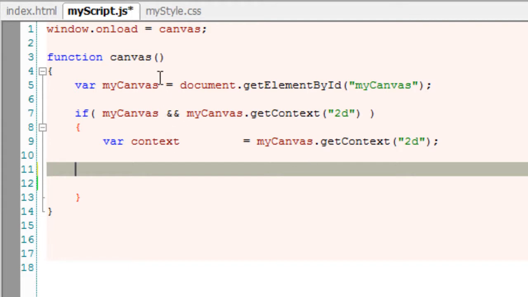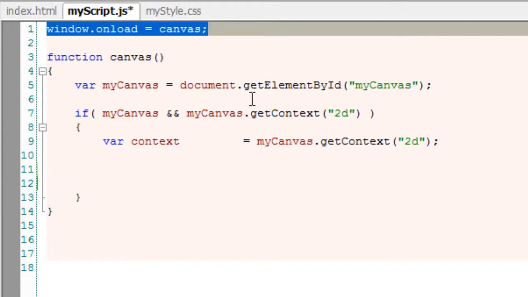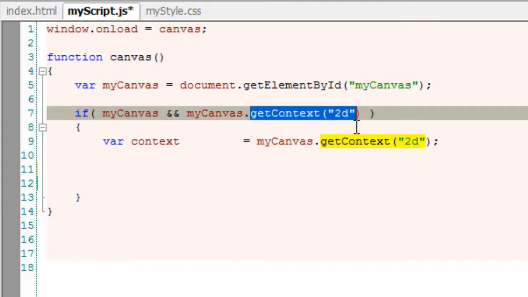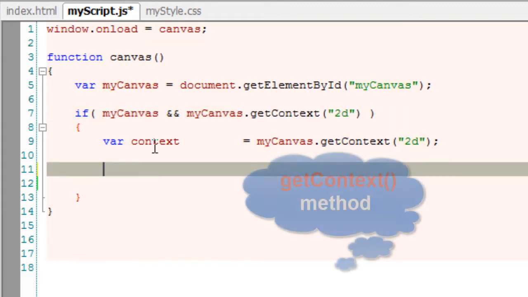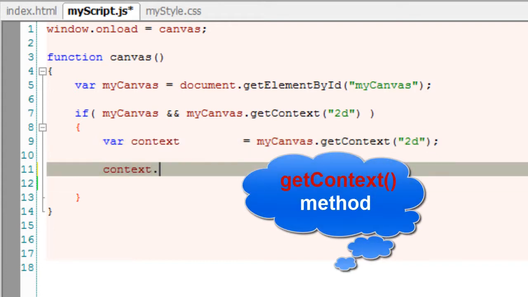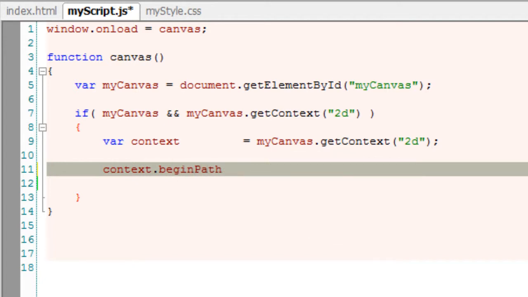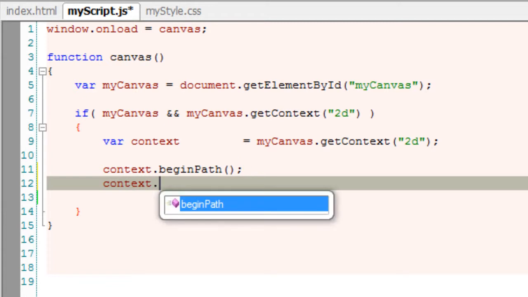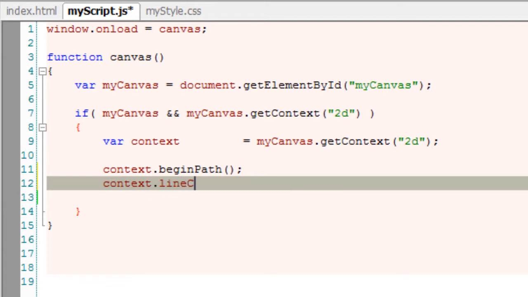Once the HTML document loads, we check if our canvas with an ID myCanvas is present and see if the browser supports the getContext method. If it supports, we use this context object and begin writing our paths. If you don't understand beginPath, moveTo, lineTo, please visit our blog technotip.com and watch our previous day